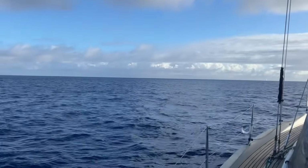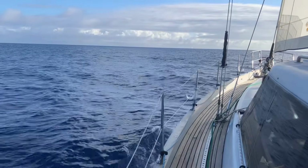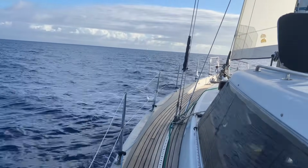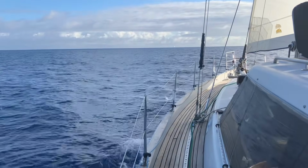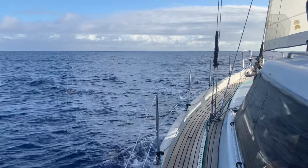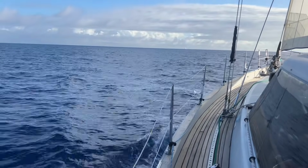I think shortly it's going to start getting dark. We've still got a few hours left to go, so it's going to be dark when we arrive at our anchorage, but that's okay because we've got heaps of waypoints and satellite images, so fingers crossed everything should go smoothly. But yeah,